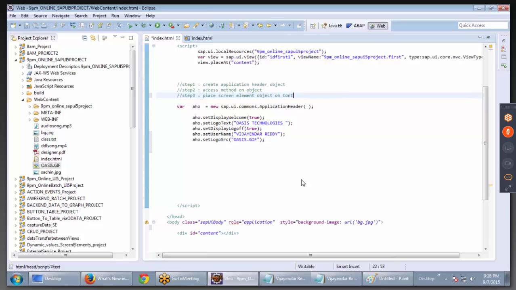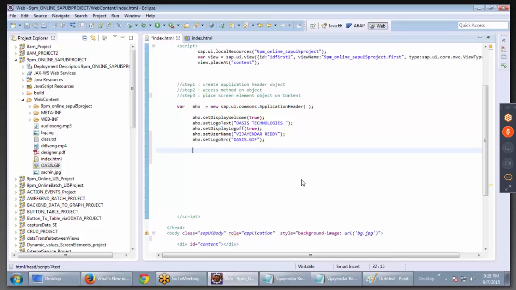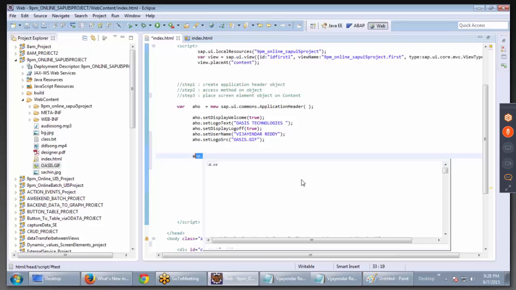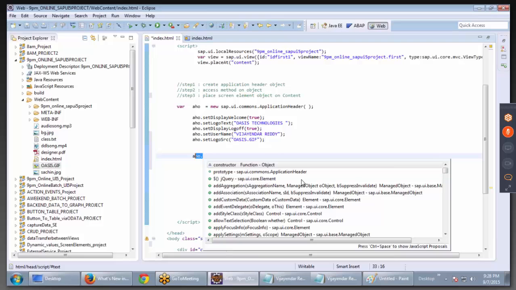That means technically you can use the application header object. This is our screen element. Application header object is our screen element. You can use that